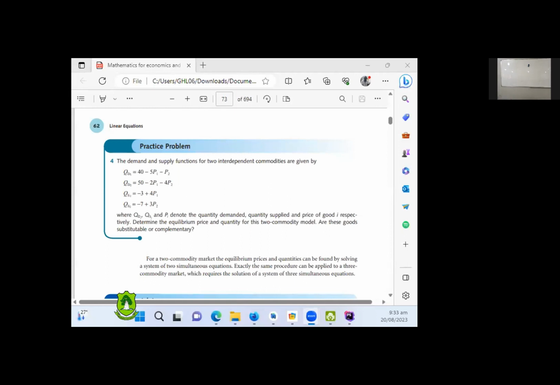These ones are the quantity demanded functions and the quantity supply functions. So they are telling us to determine the equilibrium price and quantity for these two commodity models. So are the goods substitutable or complementary? First we need to find the equilibrium price and equilibrium quantity. Okay. So we have